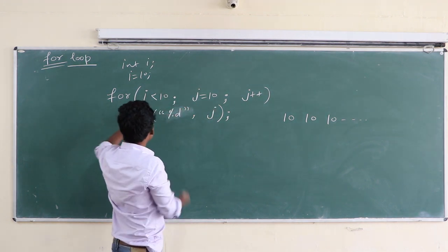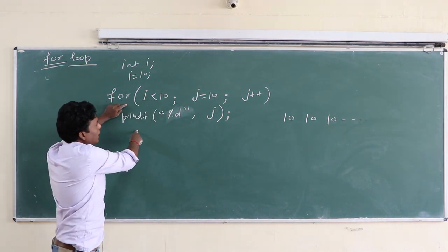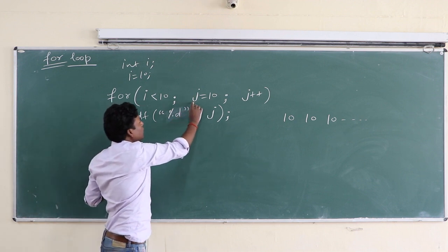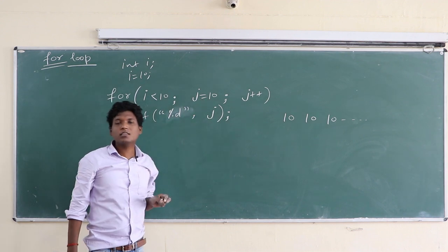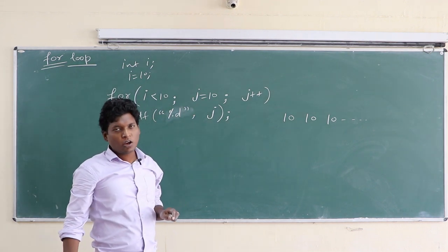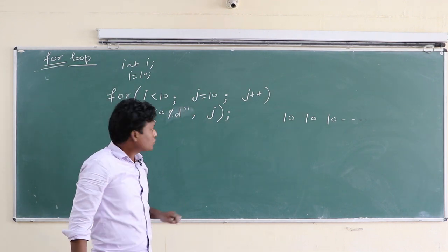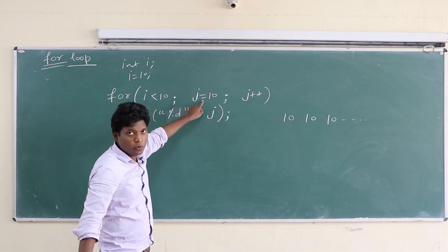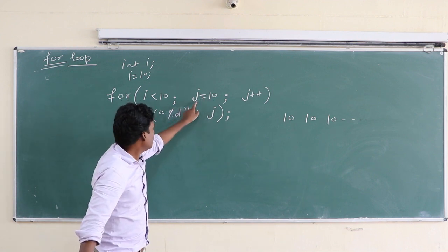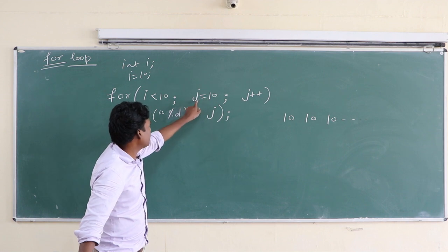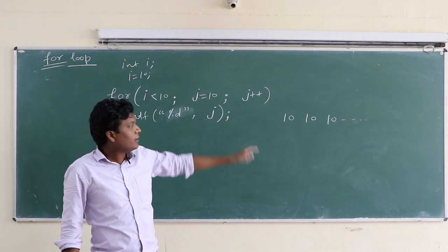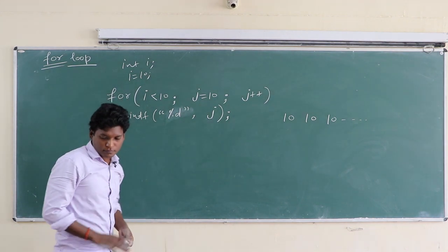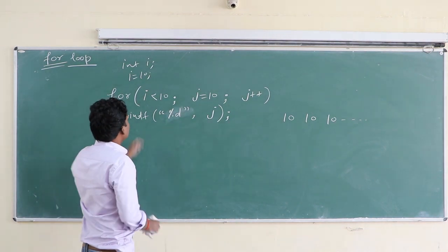So this loop executes again and again as long as this condition is true. So j always has 10. 10 is non-zero, and non-zero signifies the true condition. So this condition is always true, and the updated value is 10 each time in j. So printf %d prints j, 10 infinite times.